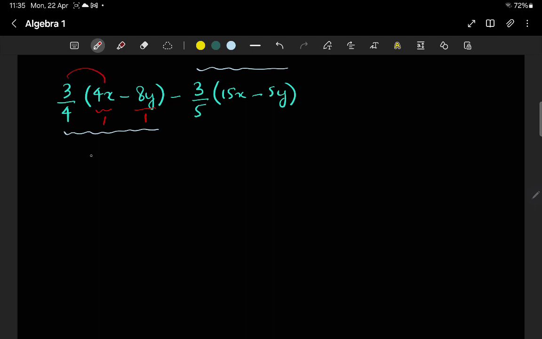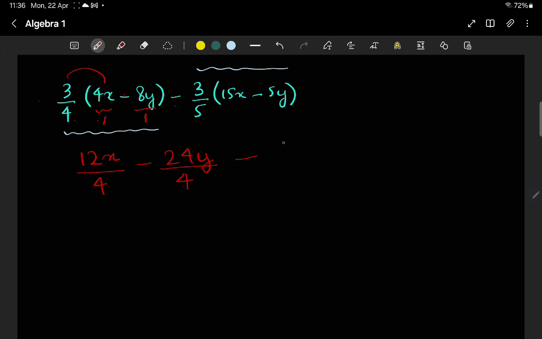So 3 times 4x is 12x over 4 times 1 is 4, minus, because plus minus 3 times 8 is 24, y, 4 times 1 is 4 in the denominator, then open the bracket,